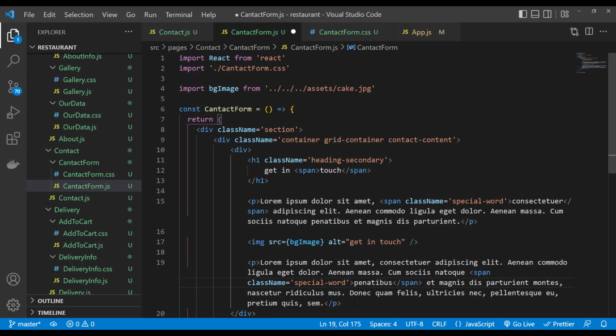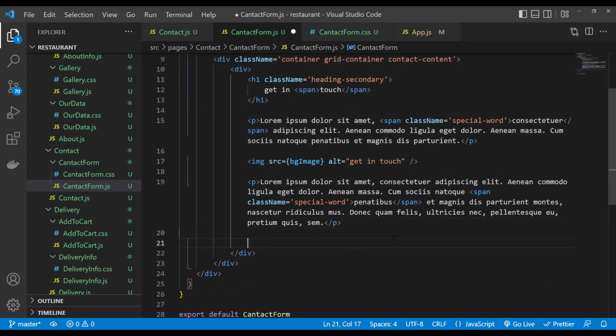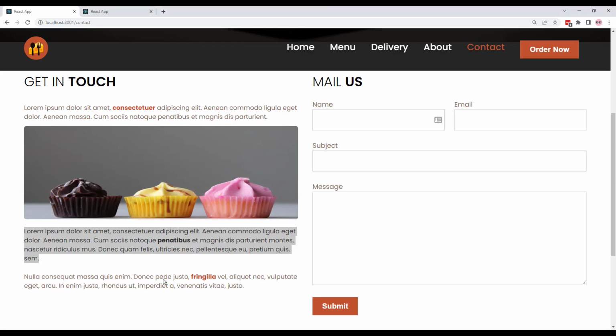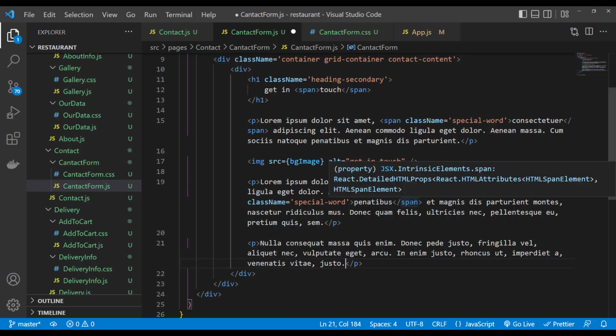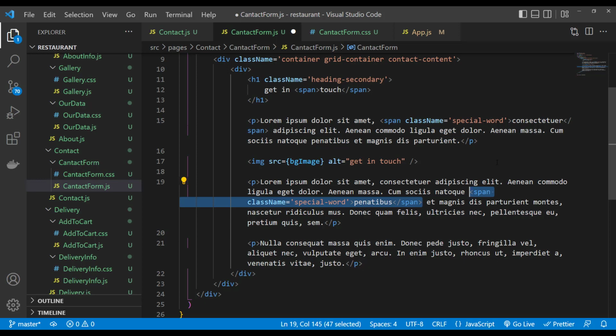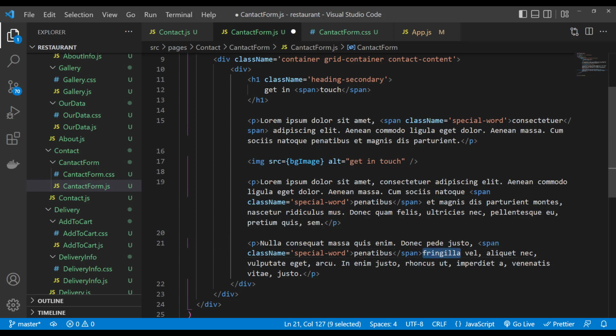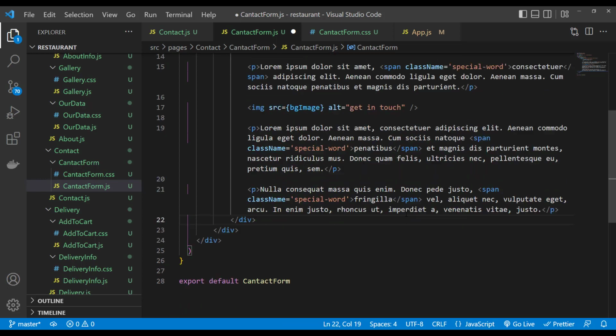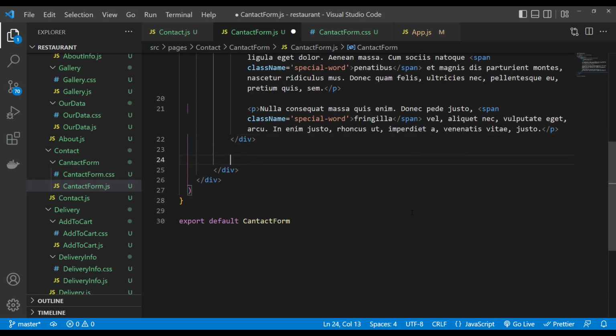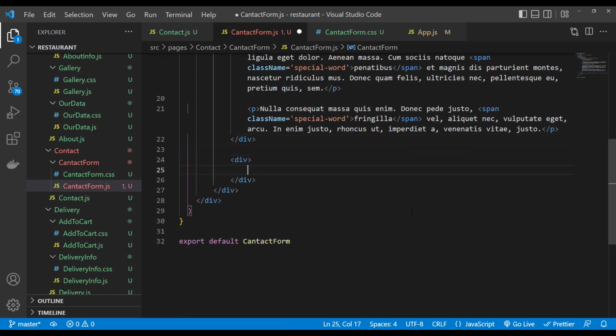Below this paragraph I am going to add one more paragraph. Let's copy this paragraph and paste it right here. Let's copy this span tag for the special word and paste it right here. I am going to cut this word and paste it right here. Now below this div I am going to add one more div for the right side, and inside this div